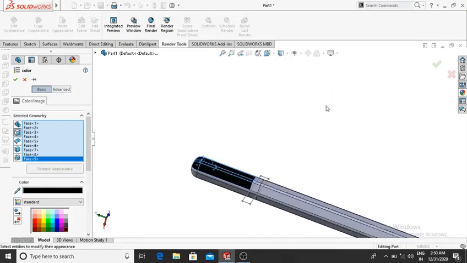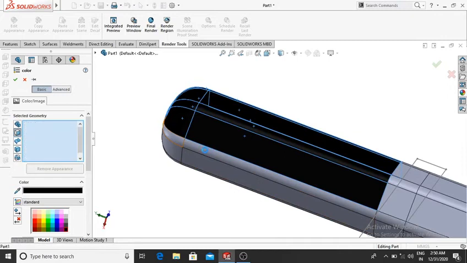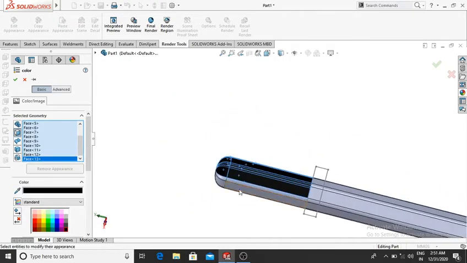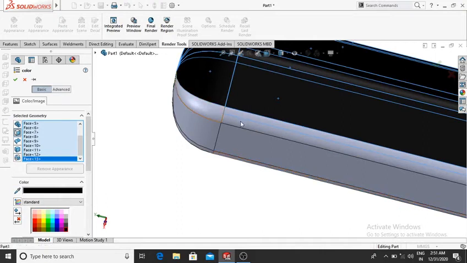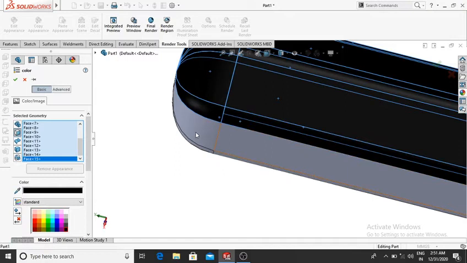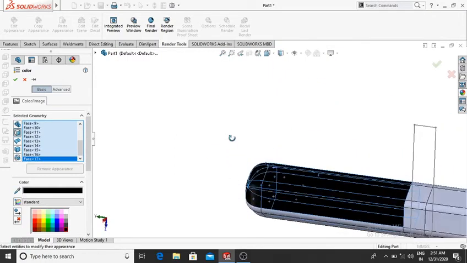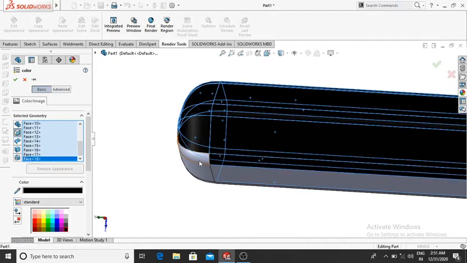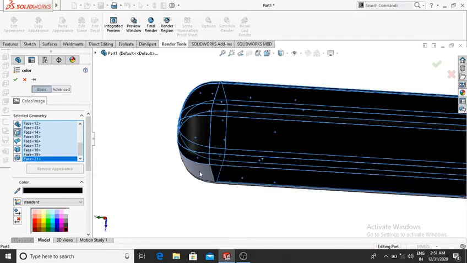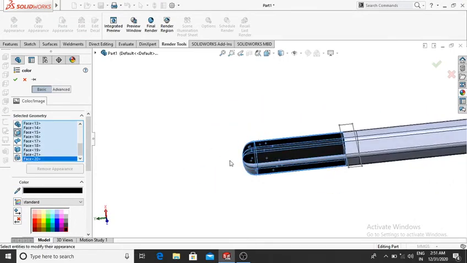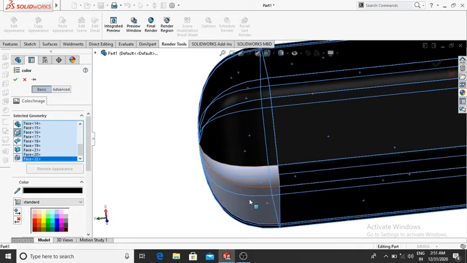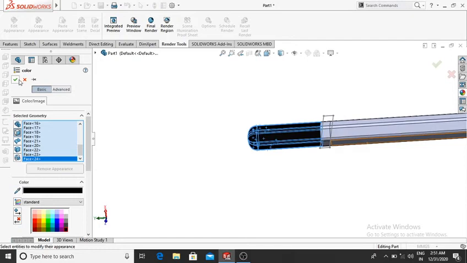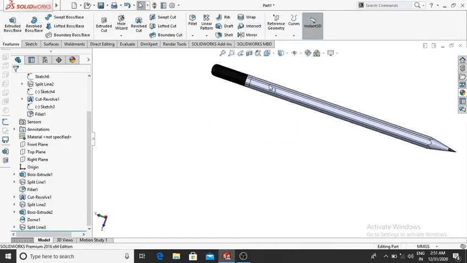So we apply the render on this pencil design. We apply this color to all these faces, then OK.